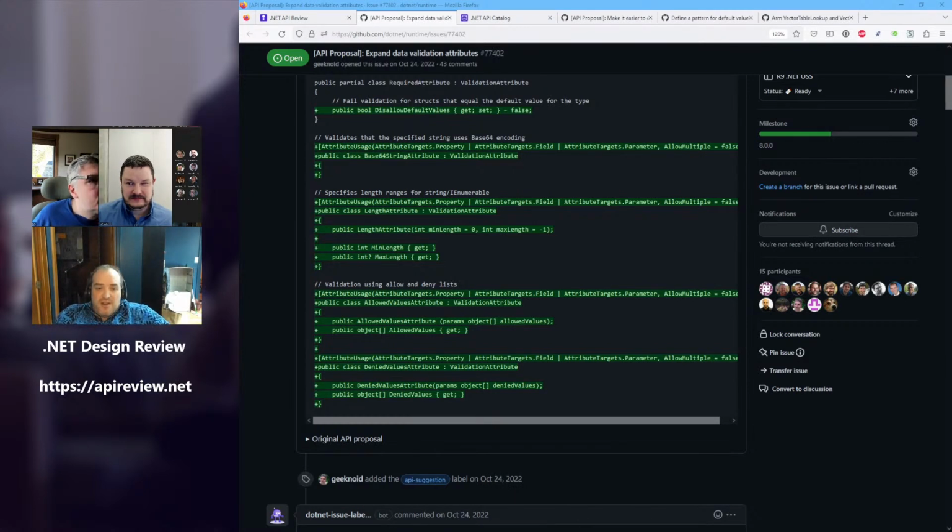And then do you want to be returning these as object array or read-only span of object? Because as object array, somebody using the runtime model can write back to it. No, it's an attribute, so I don't know. If people do that, it's shame on them. Fair enough. There are guidelines suggesting never having array-based properties because they're always a pain. So that's fair. If you feel like it should be read-only span, I have no objection to that. I'm asking the question, I don't actually have a strong opinion here.